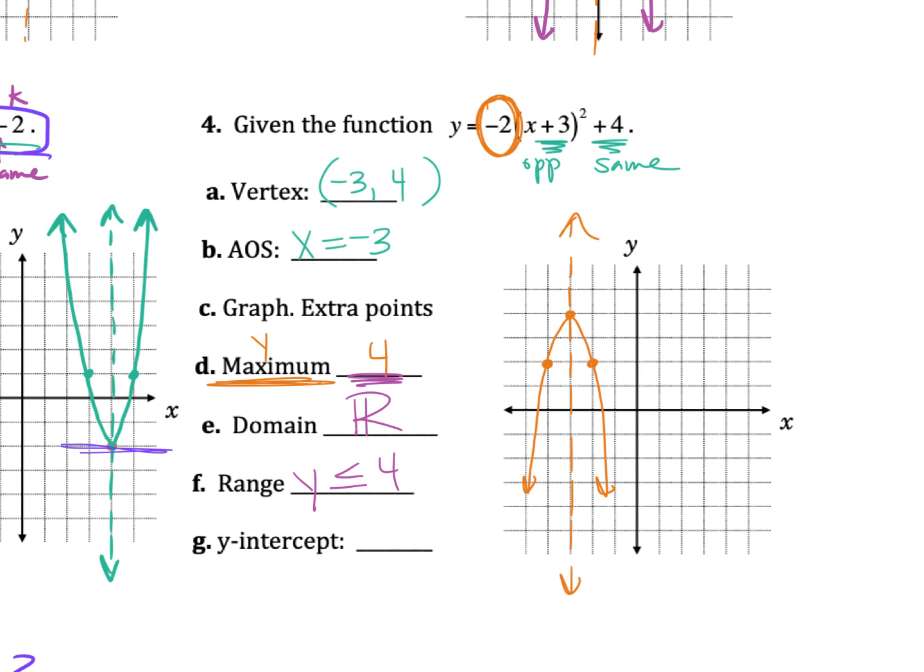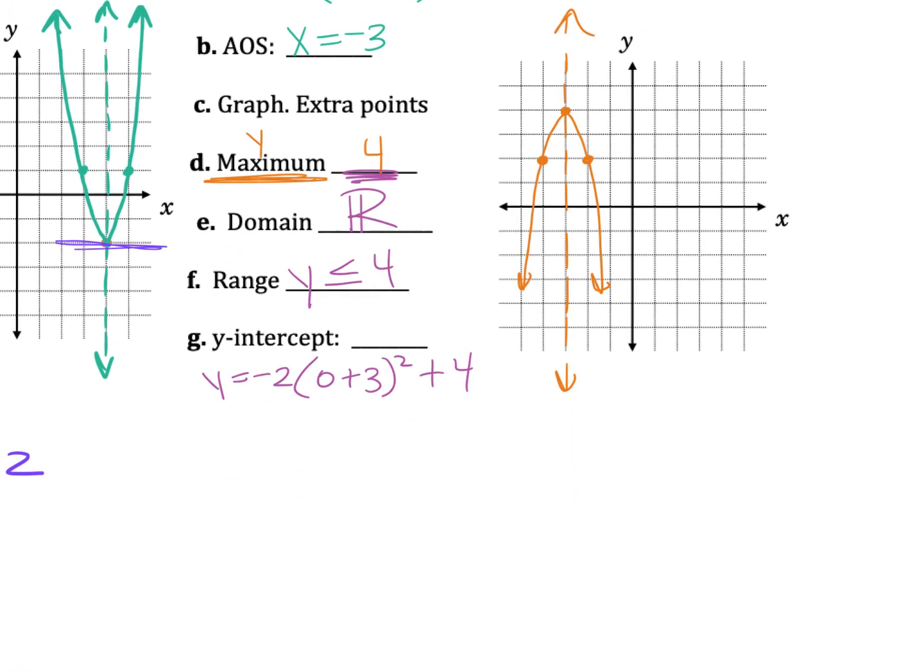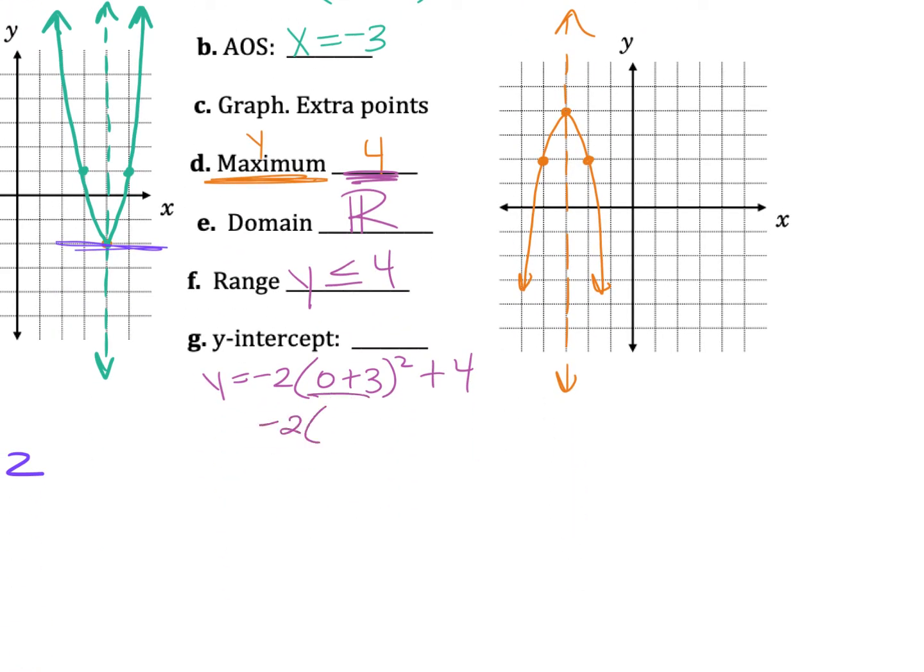And then how do you find your y-intercept? Plug in 0. So y equals negative 2 times 0 plus 3 squared plus 4. So you get negative 2 times 3 squared is 9 plus 4. So y equals negative 18 plus 4 is a negative 14. So your y-intercept is the point 0, negative 14. And that is it. Okay, so familiar, right? Like you've seen a lot of